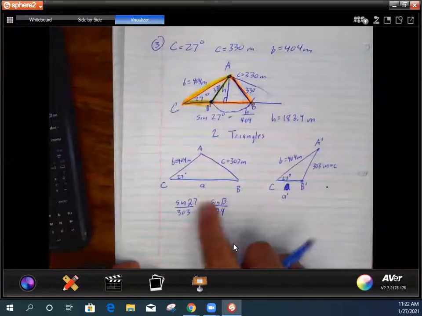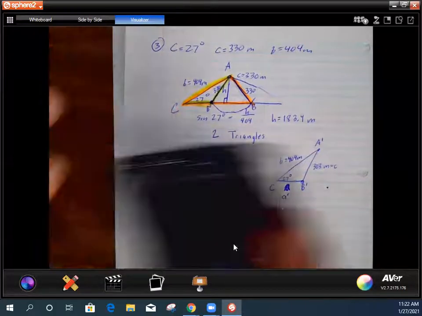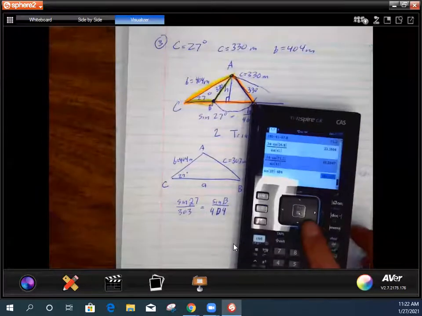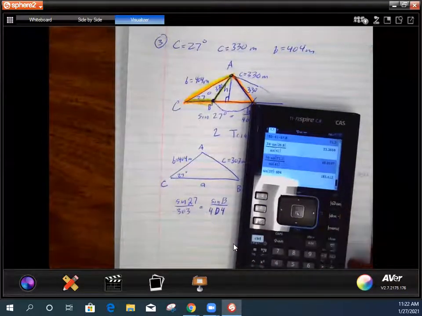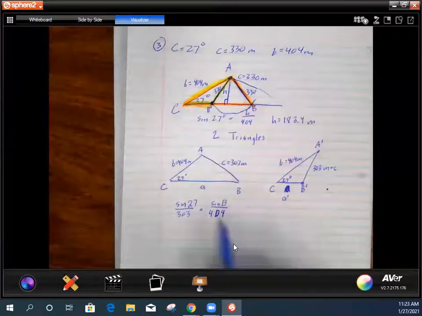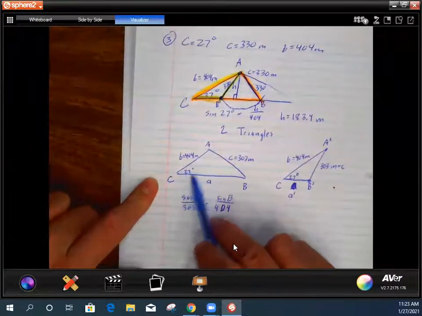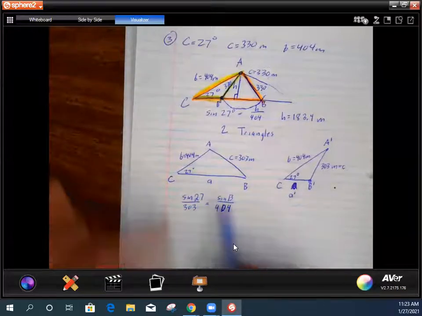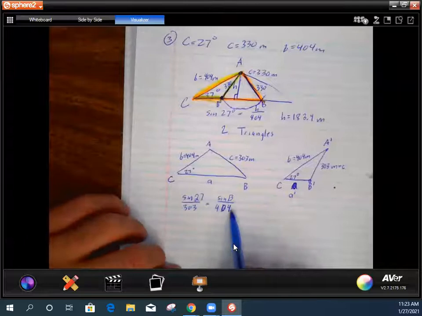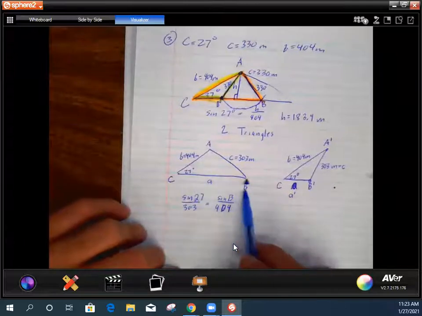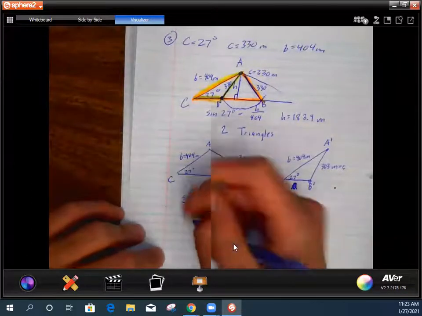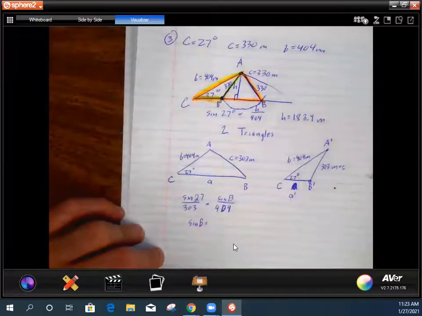So now I'm going to cross multiply. I'm going to do the sine of 27 times 404, which I have already. That's going to equal the sine of B times 303. Because for the law of sines, you do the sine of an angle divided by the side across from it. So the side across from 27 degrees is 303. And the reason why it's sine of B over 404 is because the side across from angle B is 404. All right, good question. So when I cross multiply this and get the sine of B alone, I get the sine of B is equal to